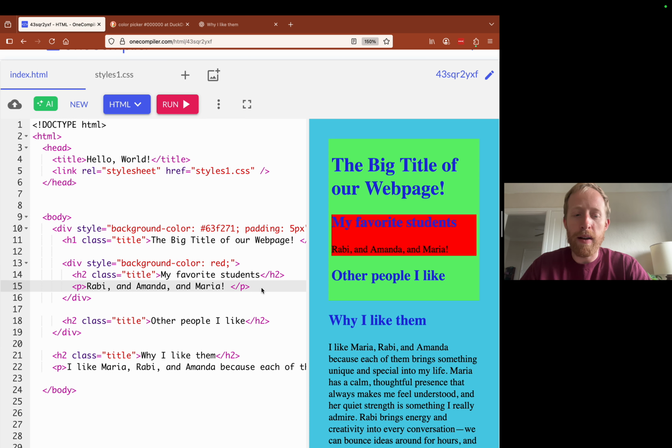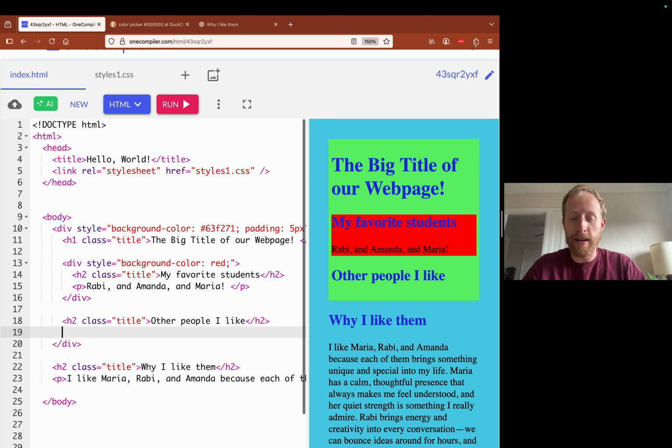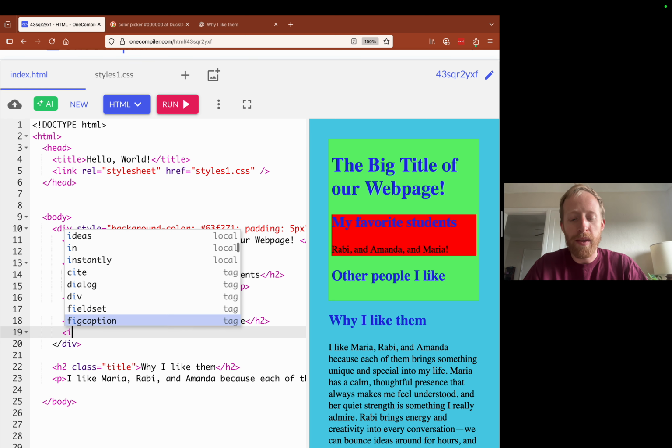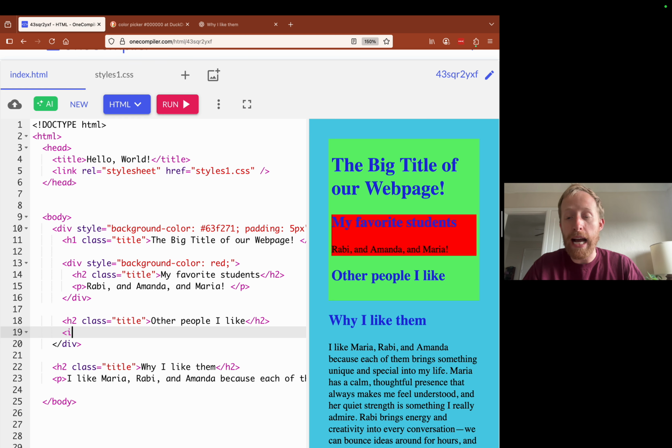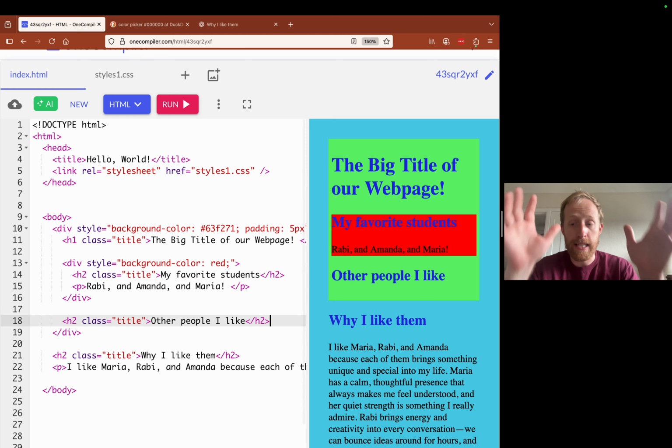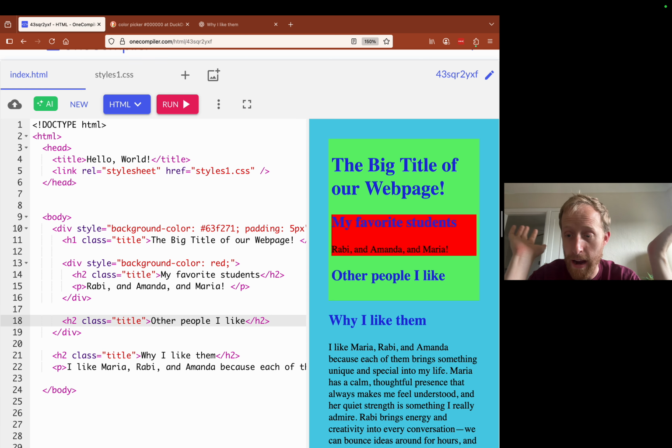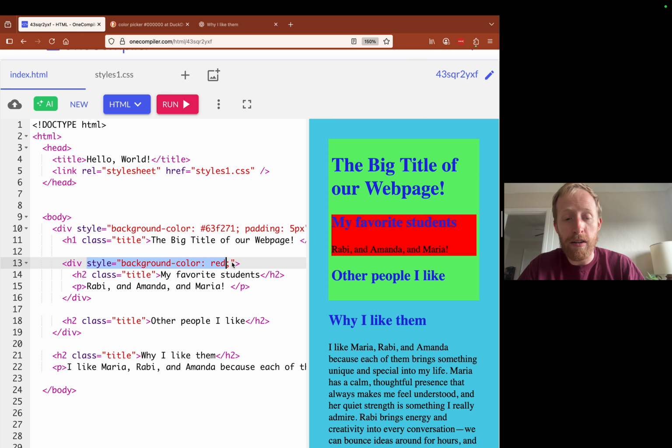Okay. The other thing I want to show you is the image tag. So this is an important one. The one thing I want to actually say before I go further is the div tag is like your best friend. The div tag you can do like anything with. I will show you that in just one second. So how I wrote here, div style is background color red. So I can either style it directly in the div.